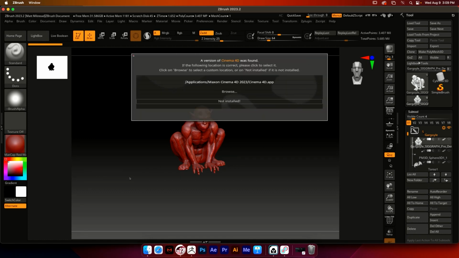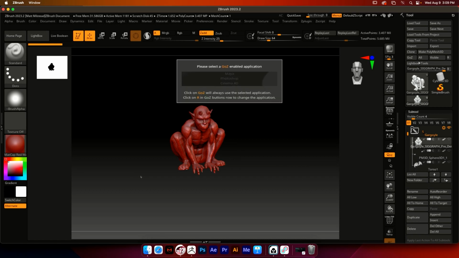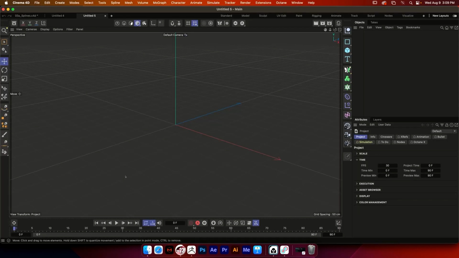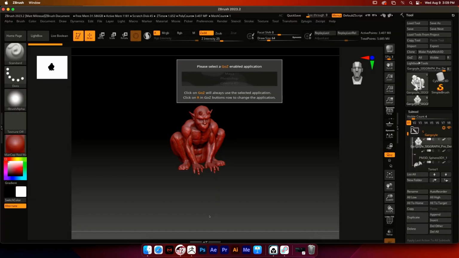Oh, it's not installed. Okay, fine. Well, what would happen is that the model would come in at a lower resolution. So what you need to do is go into,